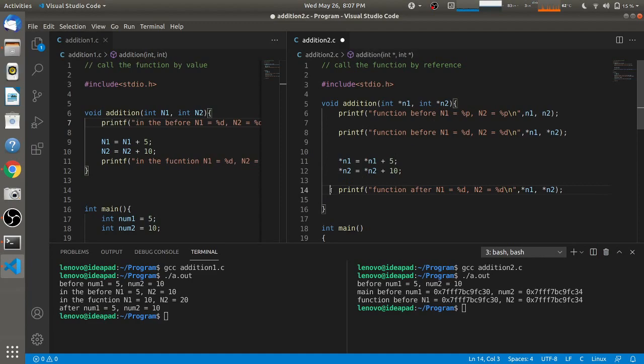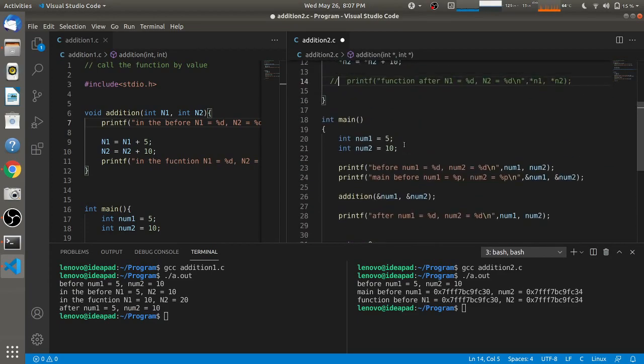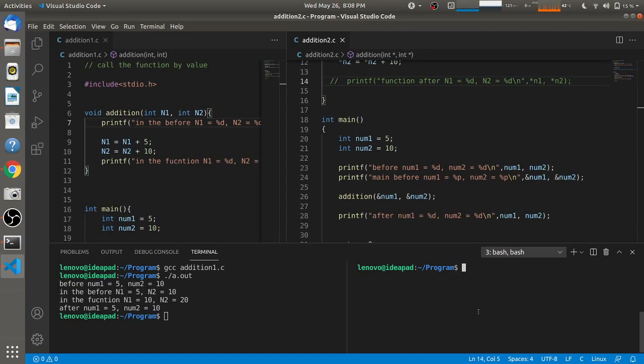Even if I remove this line, so I'll just comment this line, so that way you will understand that I'm not printing in the function, only in the main function. So I'll just compile it. So I've compiled it and I'll run it.